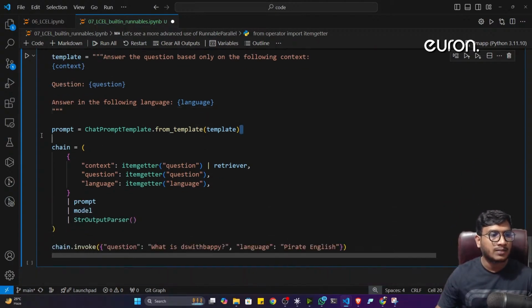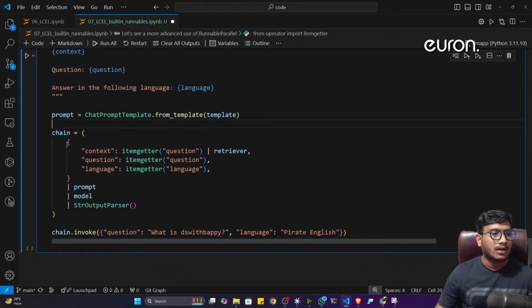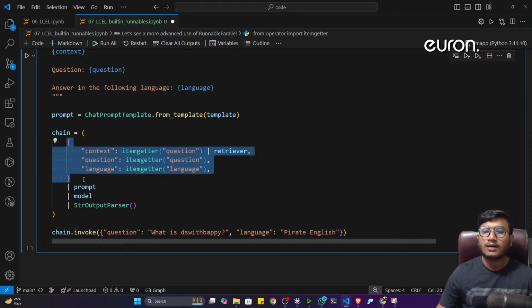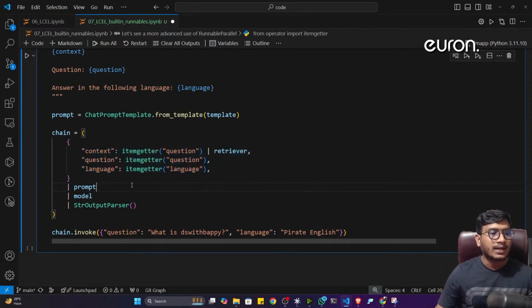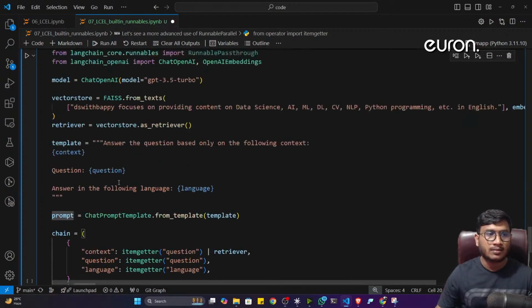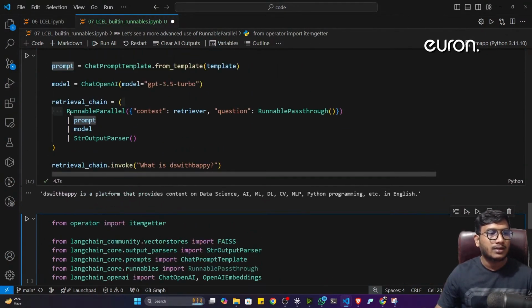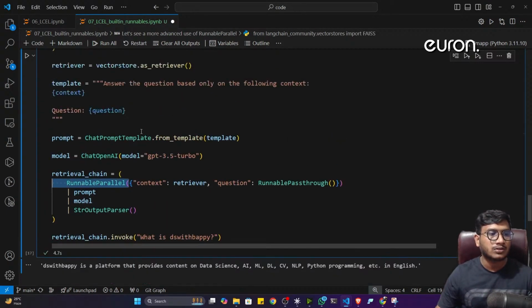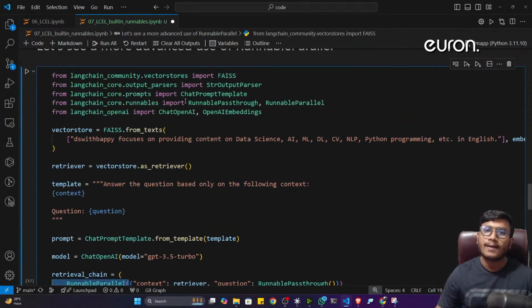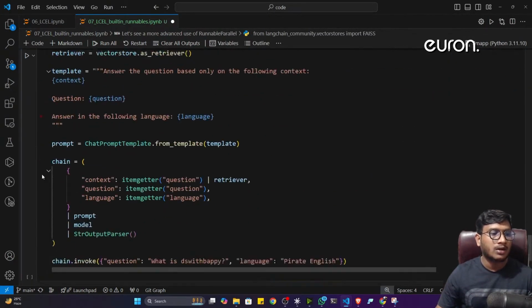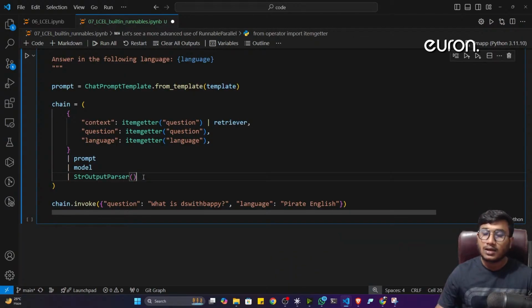Now see, I'm creating the prompt template, and this is going to be my chain. Now I'm executing this RunnableParallel. Now you can ask me, sir, what is RunnableParallel? Because in the previous example you showed me RunnableParallel, I was using a function from LangChain. Yes or no? RunnableParallel, you can see we imported. But here we are not using the RunnableParallel function, yet you are telling me this is a RunnableParallel